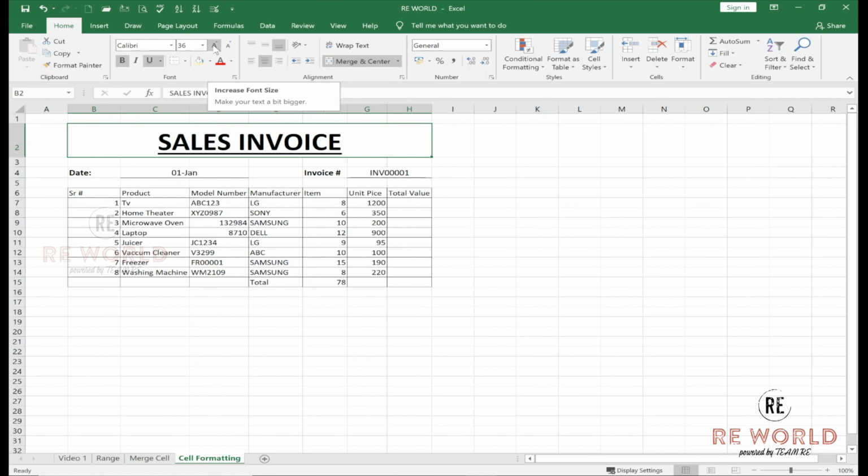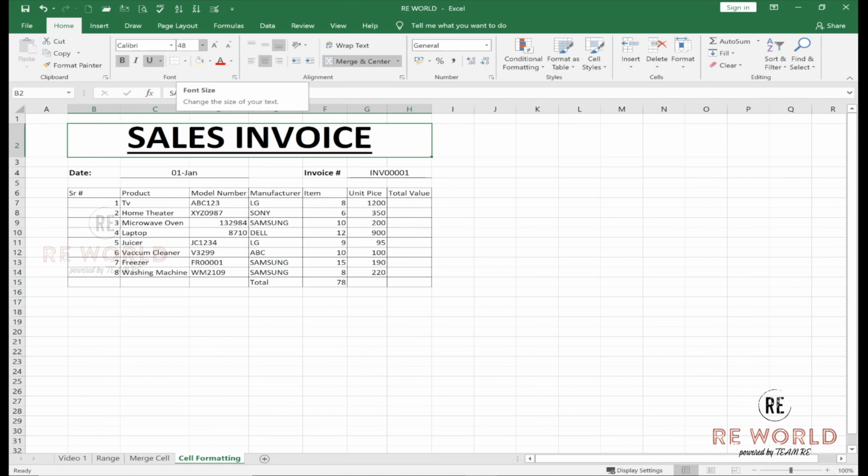Okay, one thing I will tell you here, when you are decreasing or increasing the font size from these two icons, it has some default incremental difference. For example, you see from 48 it is directly jumping back to 36, or if I'm going from 36 it's directly going to 48.